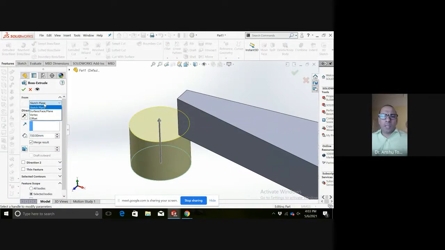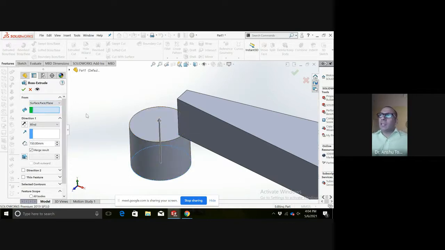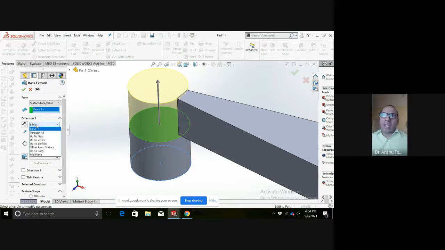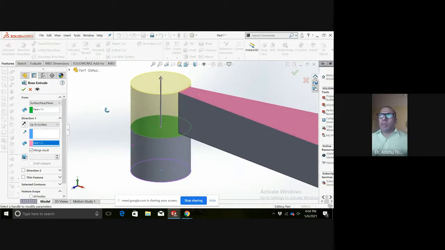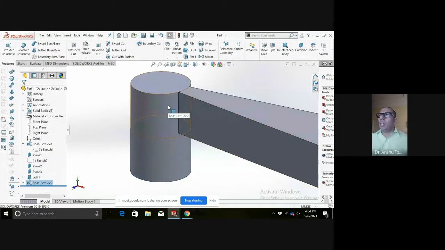So we have got the options here to do many extrudes, from where to start the extrude and till where we have to end the extrude. So here in this case I am not starting the extrude from the sketch plane, I am starting it from the surface. Now I again want it up to the surface, and I don't want these to merge. So I will uncheck this merge, and I will click it. So here I've got this particular result.